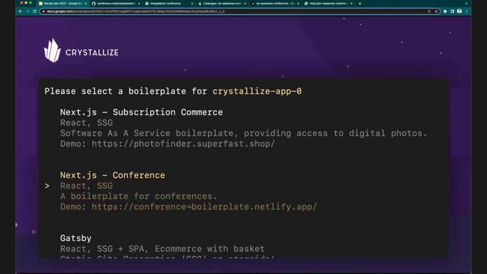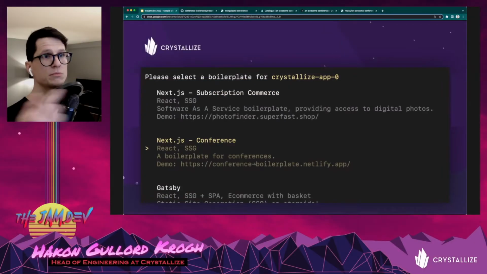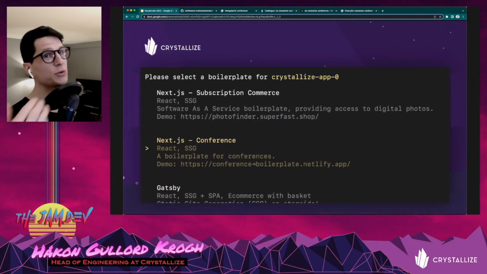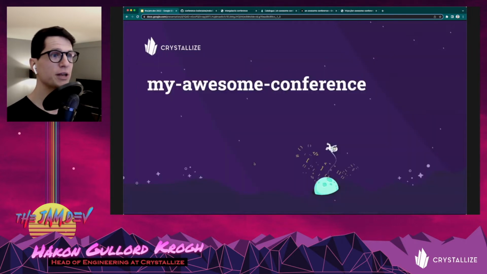All right. So I chose to do that. I just did this just half an hour before the talk. So I bootstrapped a new tenant for myself in Crystallize. I called it my awesome conference. I'm going to show you a bit how the code looks once you bootstrap a new project. Let me